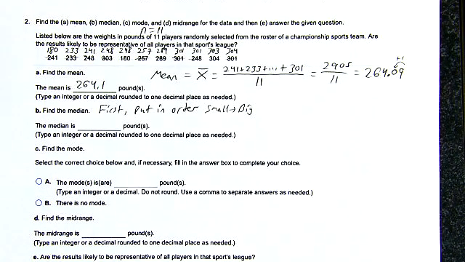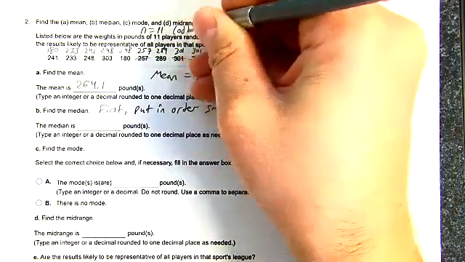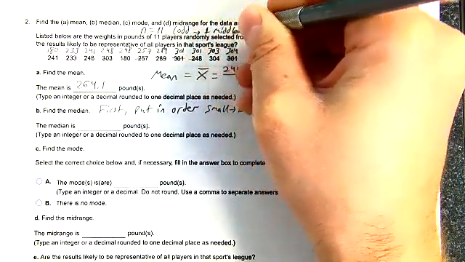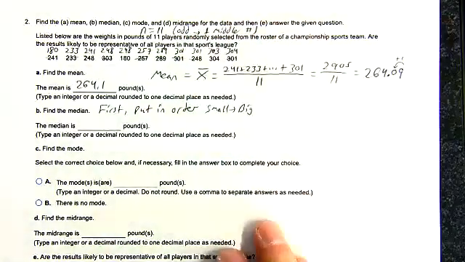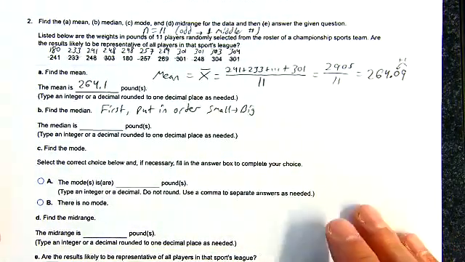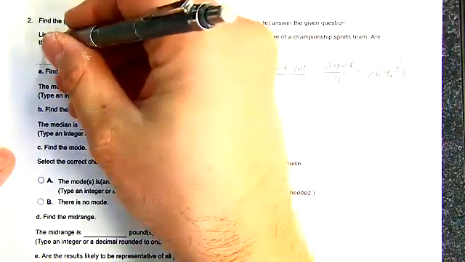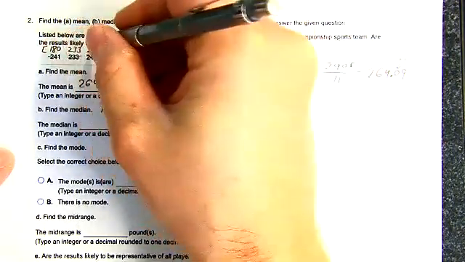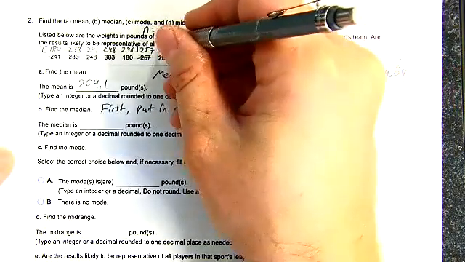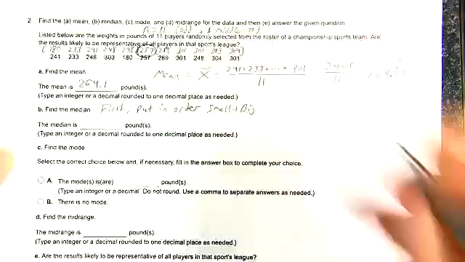Now, because n is 11, that's odd. There should be exactly one middle number. And if you divide 11 by 2, you can get a sense of where that middle number would sit. So 11 divided by 2 is 5.5. So it should be 5 numbers from the left. 1, 2, 3, 4, 5. 5 numbers from the right. 1, 2, 3, 4, 5. And that should sandwich the exact middle number, which is